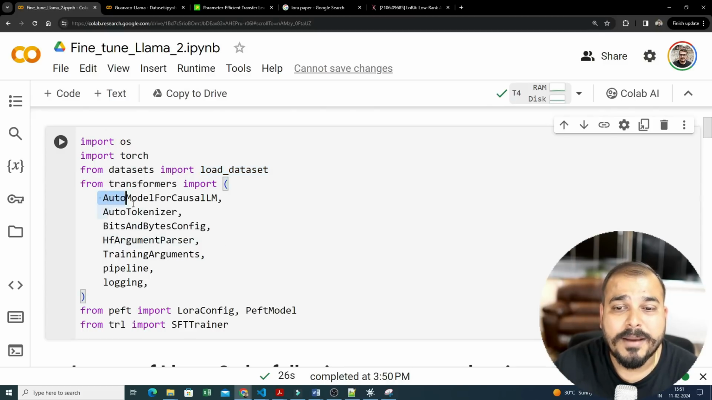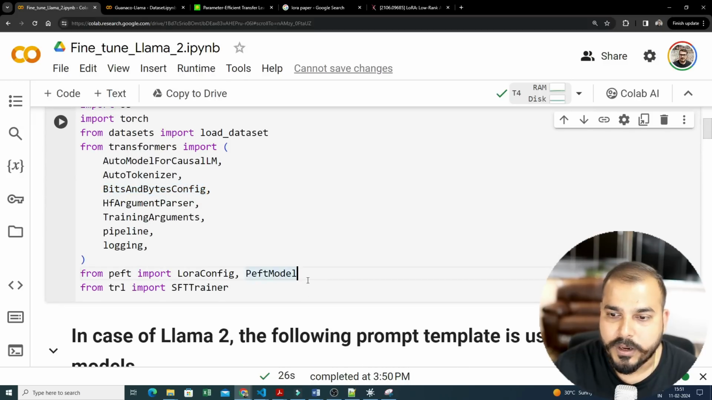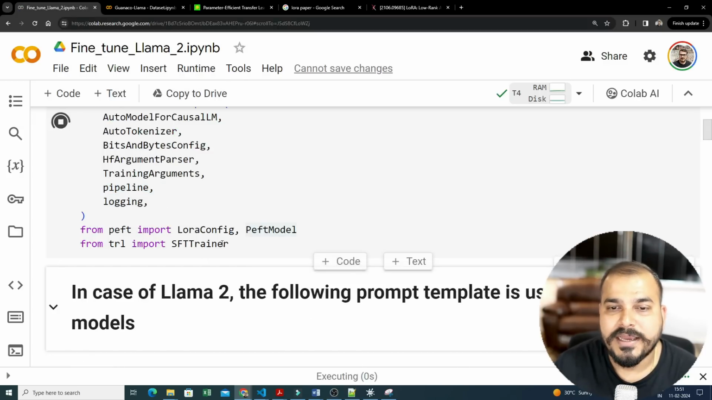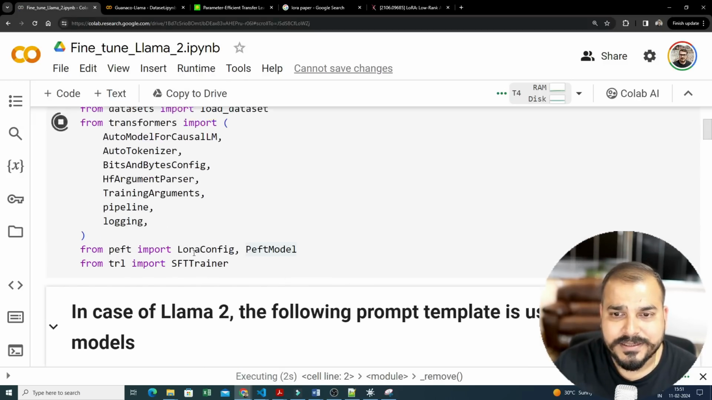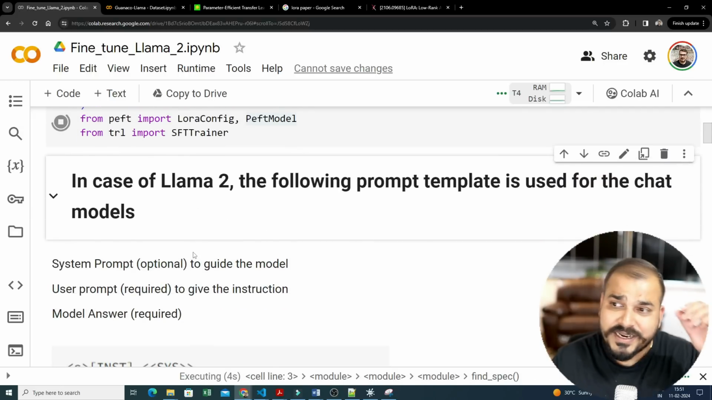And then from transformers, I'm going to use AutoModelForCausalLM, AutoTokenizer, and bitsandbytes. I will talk about all these libraries as we go ahead. So let me quickly go ahead and execute it. Okay. Now, while this import statement is getting executed,